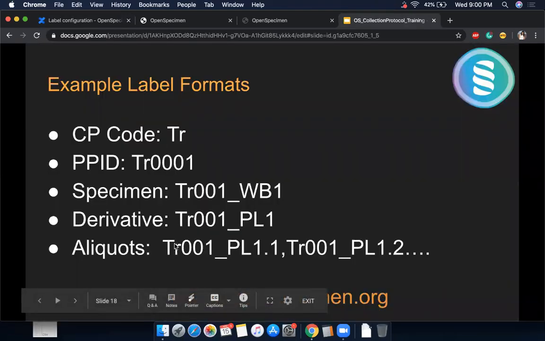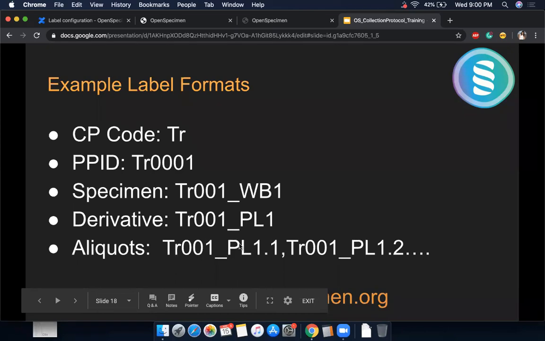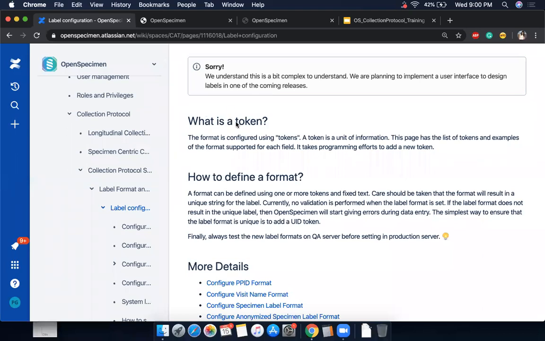The first part of the label is the protocol code, to understand which protocol this specimen belongs to. 001 is my patient ID. Then PL means the type of specimen, and .1 is the aliquot number. Each part of that label corresponds to some information, and in order to include that information, you can use tokens.